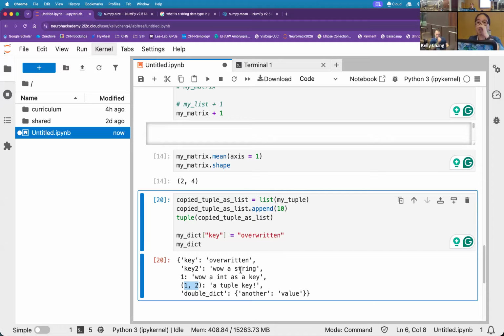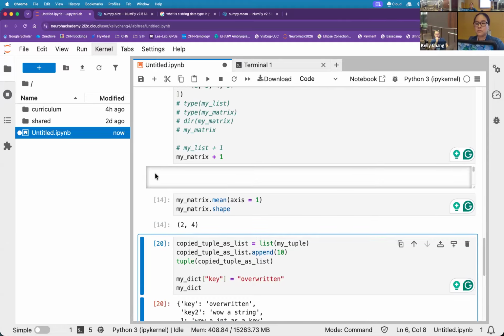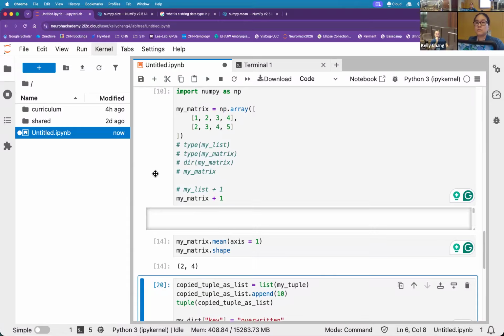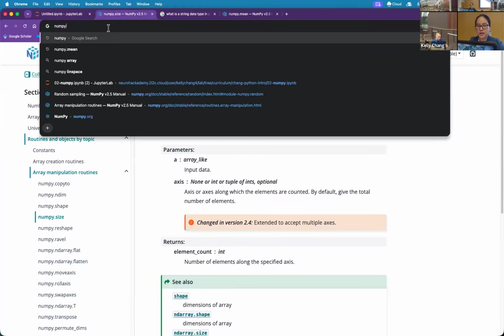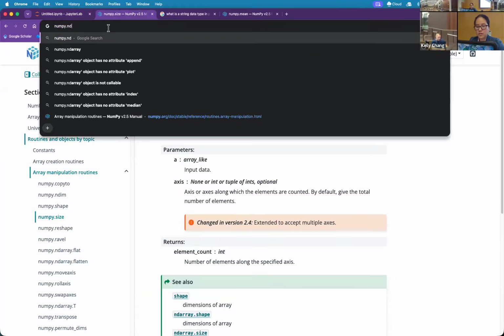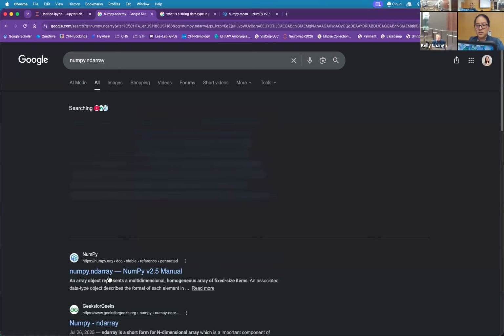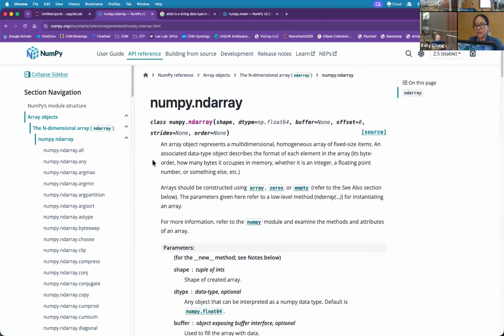Yeah, what's up? Was your input automatically converted into float, and you were able to calculate them? Yes, it does. So my ndarray, if I go back to NumPy ndarray, let's look up the documentation, once again spelling it correctly.